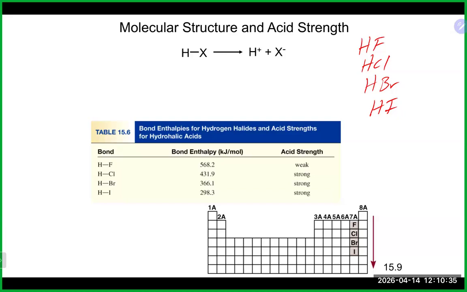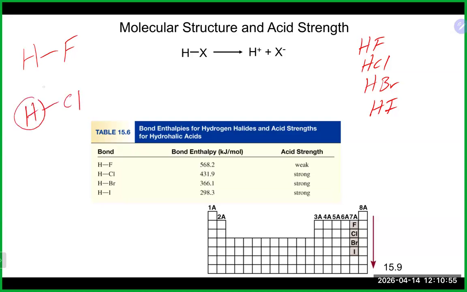And the idea of electronegativity with these types of acids is actually not what you look at. The overwhelming property that we look at is really the ability